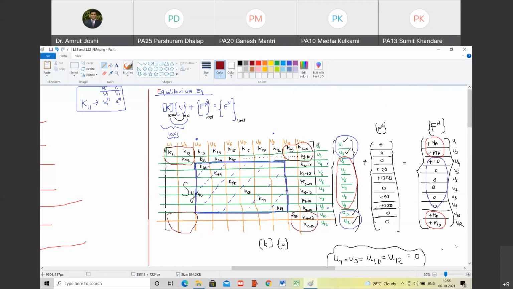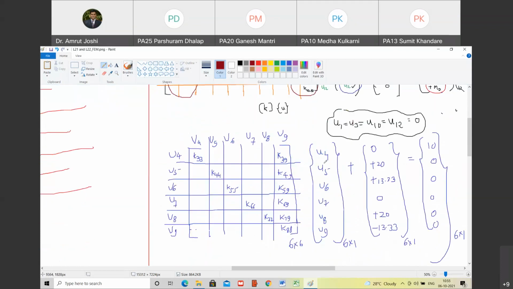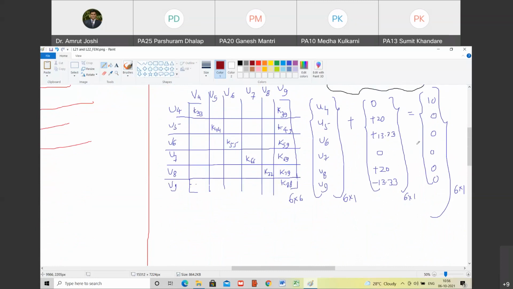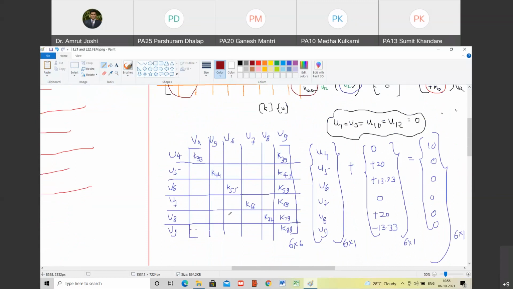Okay. So what we are going to do now is we are going to expand the first row. Let us try to expand the first row of this equation. So what do you get? K11 into U1. Happy? Yes, sir. K12 into U3 plus K13 into U4, so on and so forth. But U4, U5, U6, U7, U9 will be found out from this equation. Okay, so this is difficult to understand at a glance. So let us first find out this U4, U5, U6, U7, U8 and U9. Are you with me? Yes, sir.